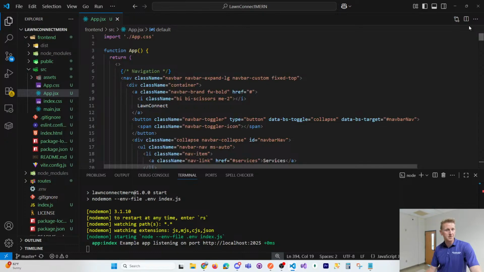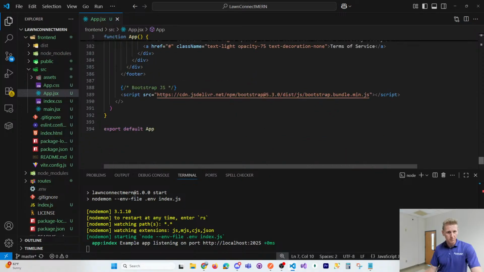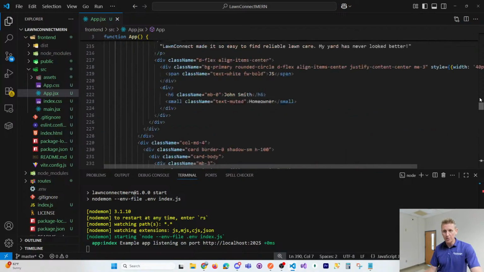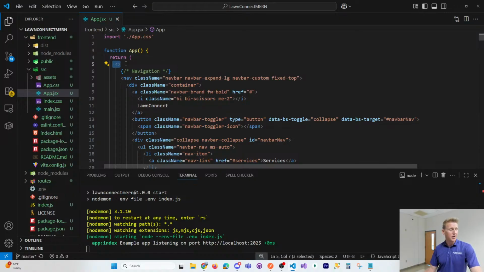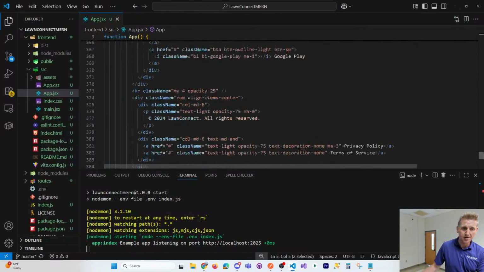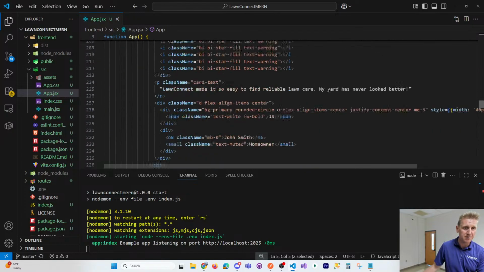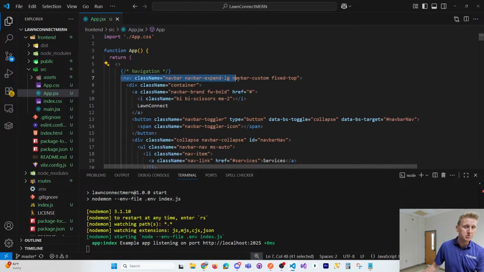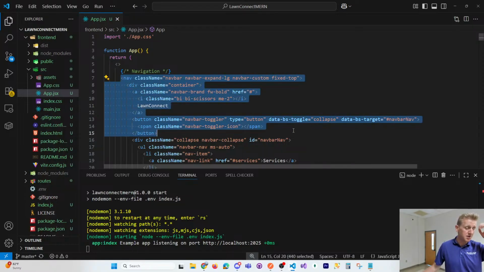It's a lot of HTML. I didn't write this from scratch, but it's Bootstrap, pretty basic stuff. The important thing I would point out about React is you have to have one parent. So here we've got this function called app, and we're returning inside of there, you write your HTML, and this is called a React fragment. It's just so that you have one parent. So there's one parent that is this React fragment. Other than that, we just have a bunch of Bootstrap classes, a bunch of HTML, a bunch of Bootstrap classes,